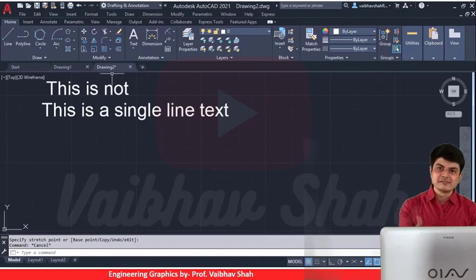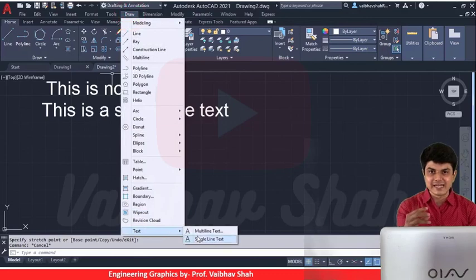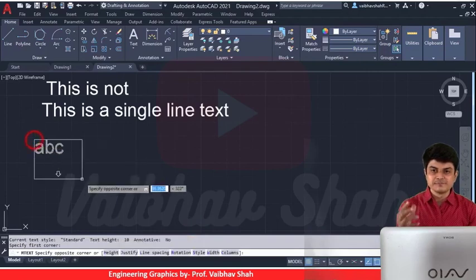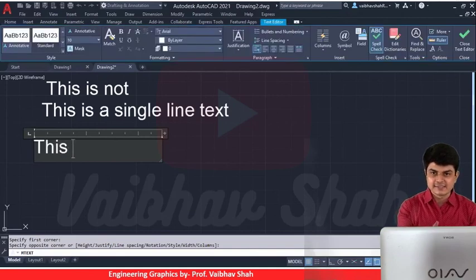So now let us select multi-line. Let us go to the Draw toolbar and this time select multi-line text. Let's click multi-line. We will have a cursor, and we need to just find the area where we need to write. Let us write, this is a multi-line text.